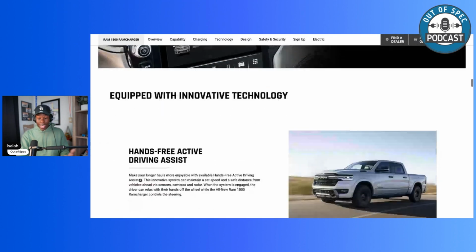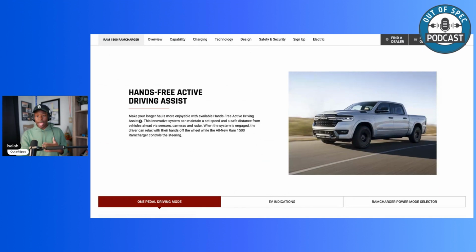Scrolling down, hands-free active driving assist. Now, Stellantis actually just released their STLA Auto Drive, which is both hands-free and eyes-off driving. Level 3, so your hands don't have to be on it. You don't have to be watching the road. And up to speeds of 37 miles an hour. Of course, this is expected to increase. But Stellantis hasn't given us a timeline of when that's going to be coming. But if I were to make a guess, I could imagine maybe it could be coming to the Ram 1500